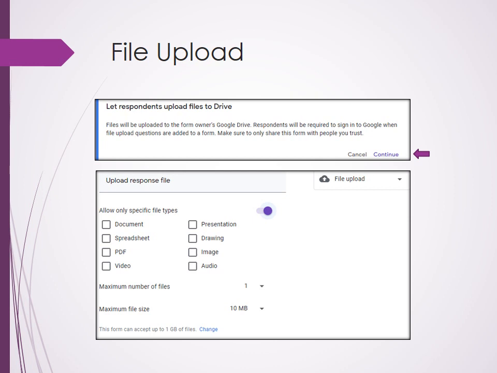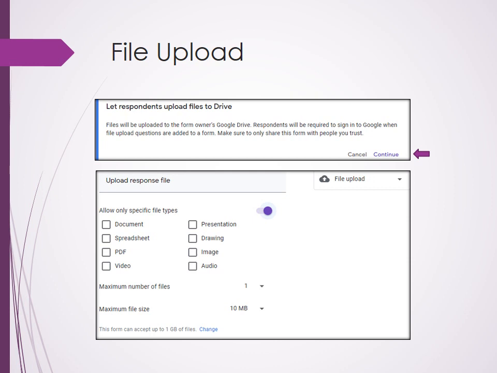Obviously, this file cannot be stored in Google Sheets or some kind of comma separated value files. So it needs big space also. For that purpose, this form will use your Google Drive space. Whenever you select the file upload question, at that time it will ask you for permission to allow the respondent to access your Google Drive to upload their files. There is no issue about it.